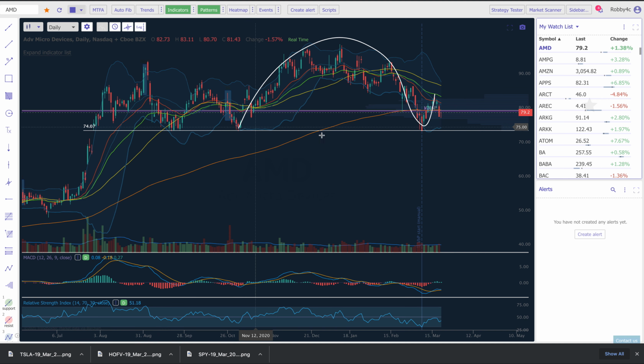It has 1, 2, 3, 4. This will be its 5th test on many different days. This has a lot of candles touching this. So the more often that the candles are touching the support level, the stronger it is. The same goes with resistance. So if this comes down and touches this and shows signs of bouncing, I would be confident in entering that